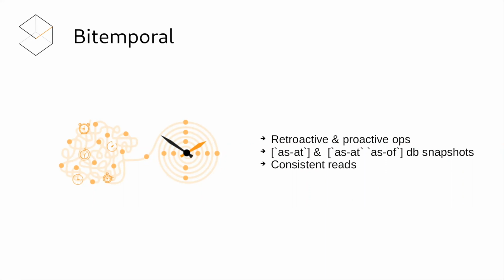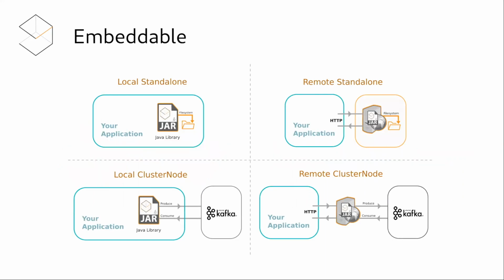So bitemporality is of course really important. I won't labor that too much. But what's really interesting, and I'm really excited about, is that I was a bit daunted when I thought, oh gosh, I'm going to have to set up Kafka. Even the embedded Kafka mode still feels quite heavyweight. It takes a good 30 seconds to spin up the embedded Kafka. What's really nice now is that you can just run it in a jar. It's just another innocent Clojure-like library running in your jar application, and writes to the file system. So that's one mode of using Crux.